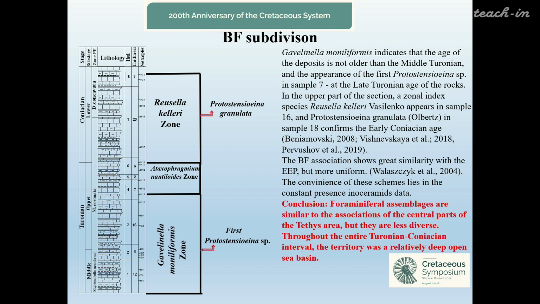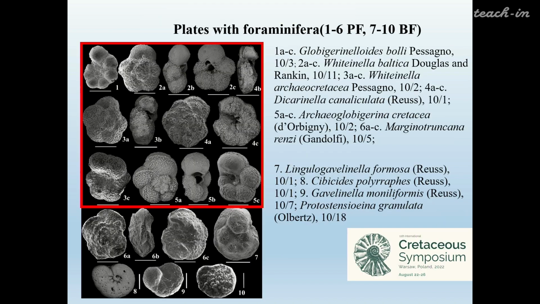In conclusion, foraminiferal assemblages are similar to the association of the central part of the Tethys area, but they are less diverse, and throughout the entire Turonian-Coniacian interval, the territory was a relatively deep open sea basin. In the next three slides, you can see plates with forams from